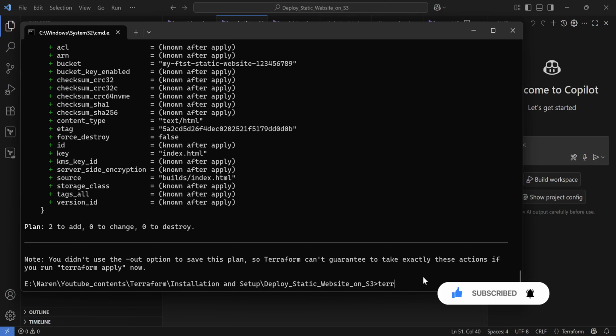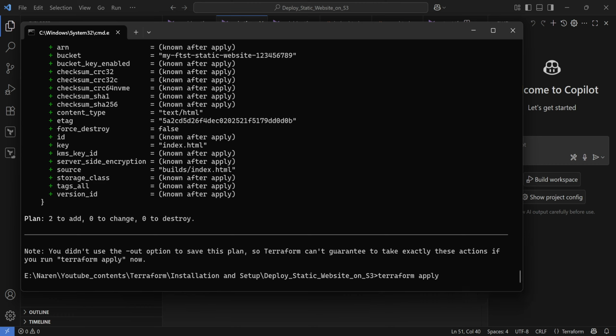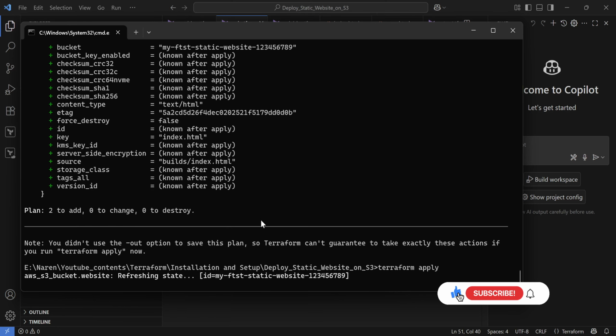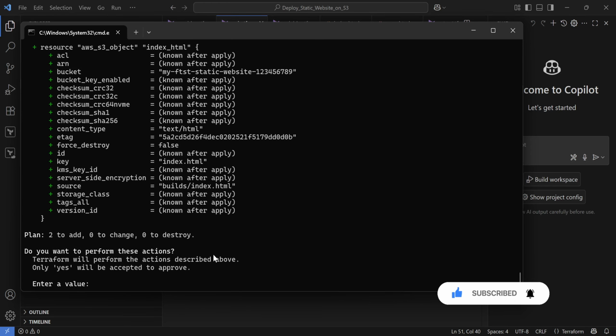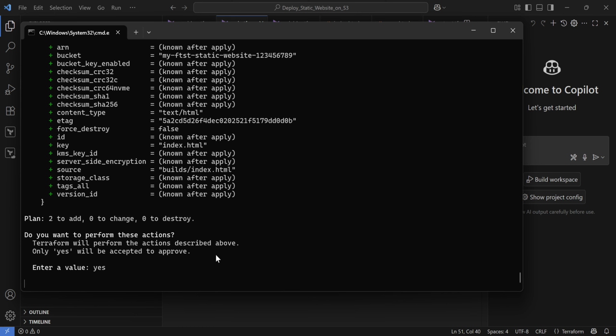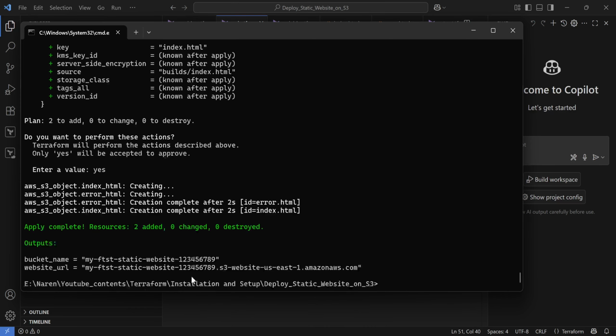So let's say terraform apply. Now it will be uploading both the resources, and you will see it's refreshing the state again because we already applied the Terraform. It's confirming, so we type yes, and then it will be creating the error HTML.